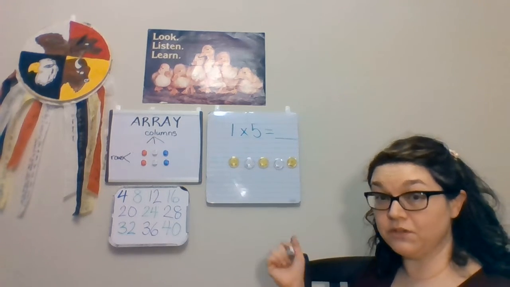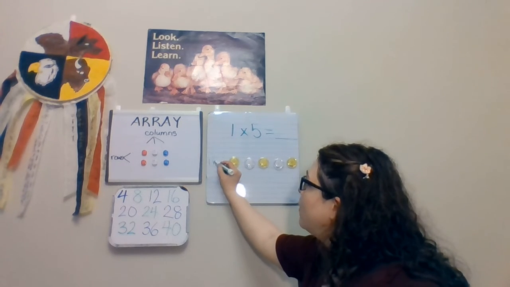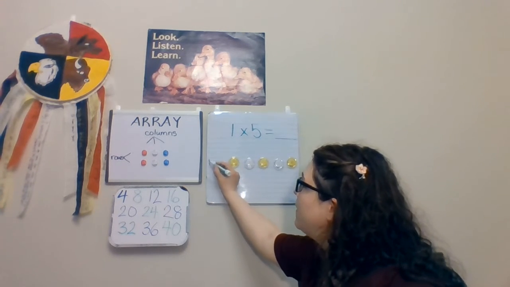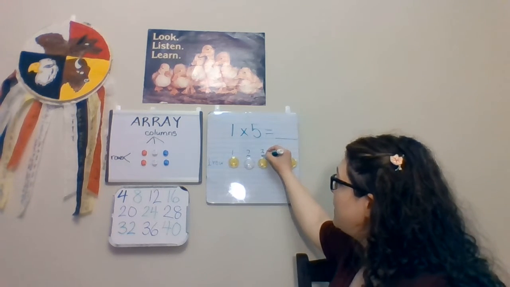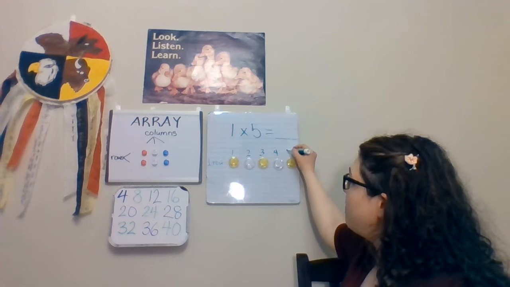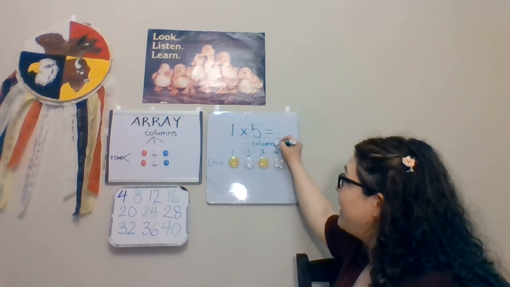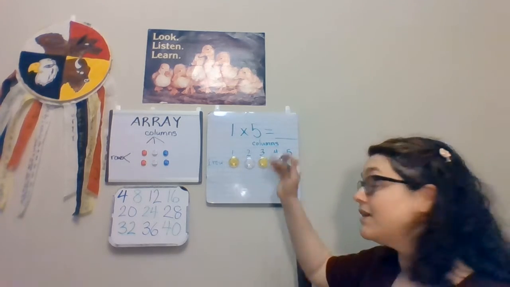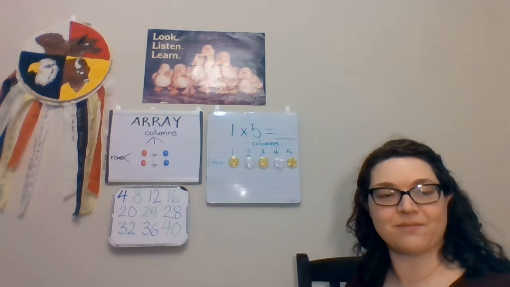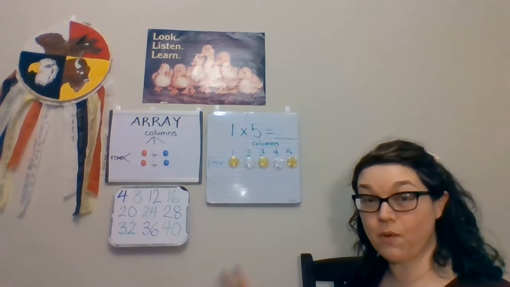So I'll just write that out to be really clear. We've got 1 row over here, and we've got 1, 2, 3, 4, 5 columns over here. Again, I know that there's only 1 counter in each column, but we still consider it a column for this kind of math. Now, you can already see the answer, I'm quite sure, but I'll walk you through it just